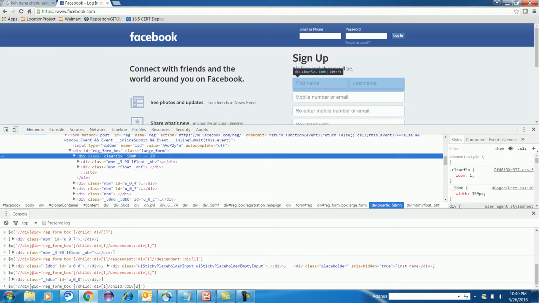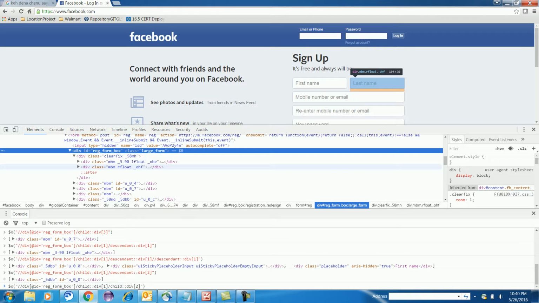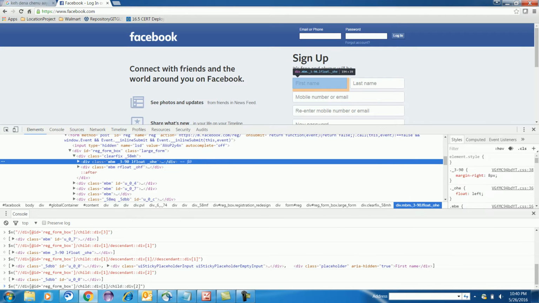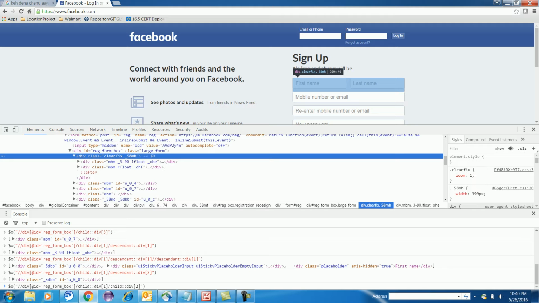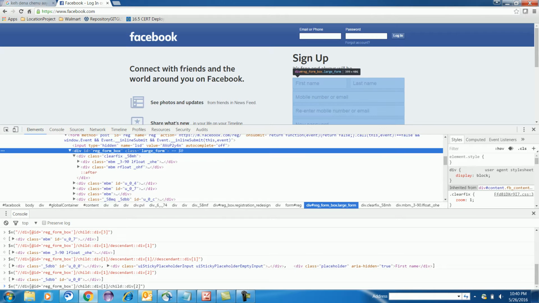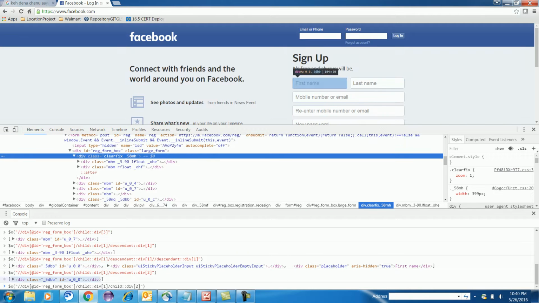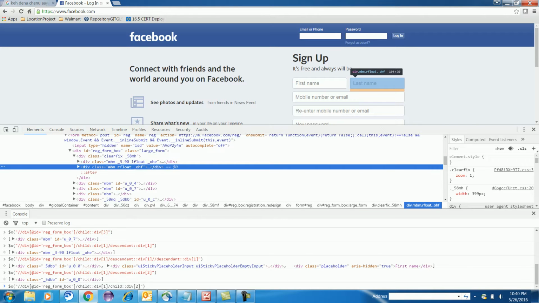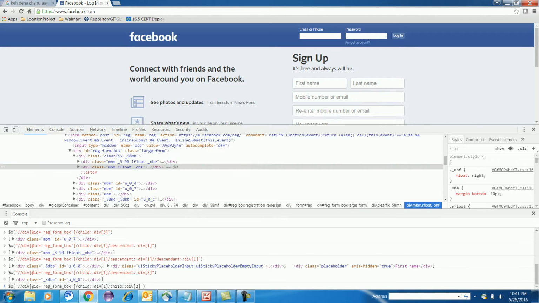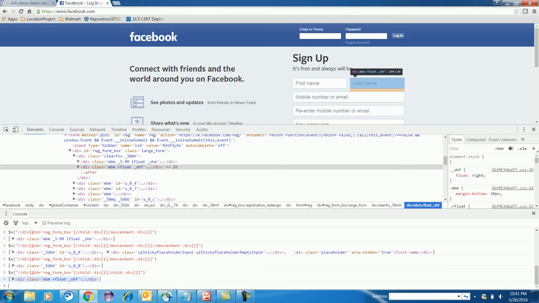For this child, this is the parent. But for this child's, this div is a parent, correct? So I am using child div 2. What I am saying is, give me the parent, inside that we have first child, this is nothing but div 1, I am using it. Then I am saying that at this parent give me the second child, right? So see here, last name is getting highlighted.